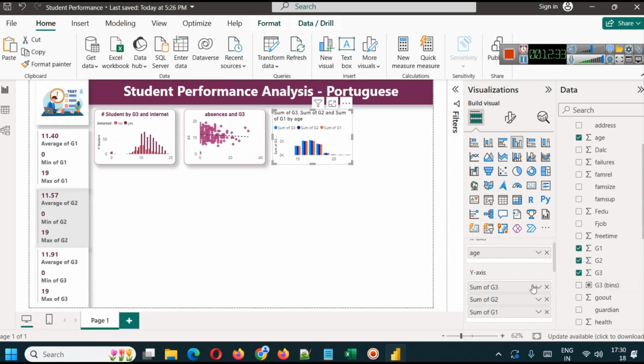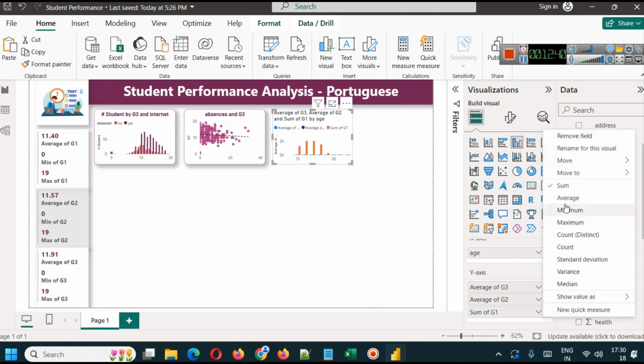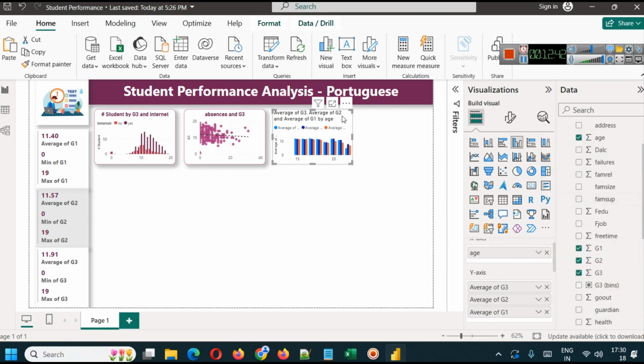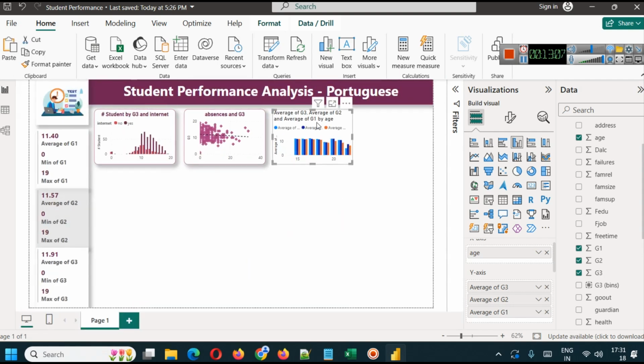So what we actually want to see is the average. What is the average of this, what is the average of this, right? So what is the average grade in each age group, and by this we want to see whether the age value is affecting grades. So you can see obviously in age group 19 values are lower, or 20 these are higher. So yes, age does have some kind of effect on grades here, and this is simply the average of G3, G2